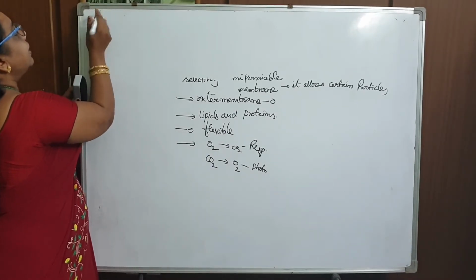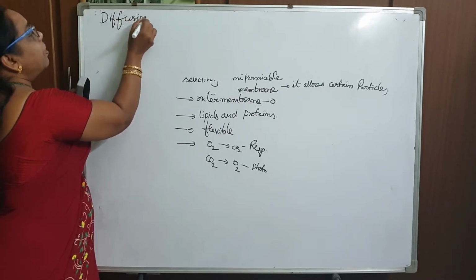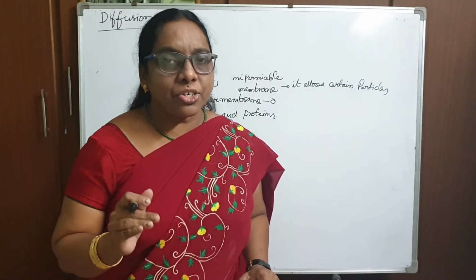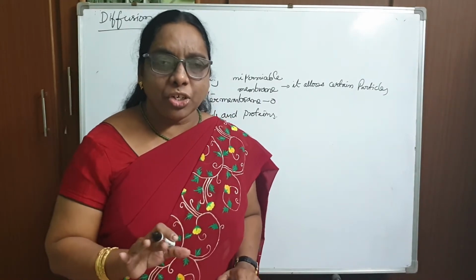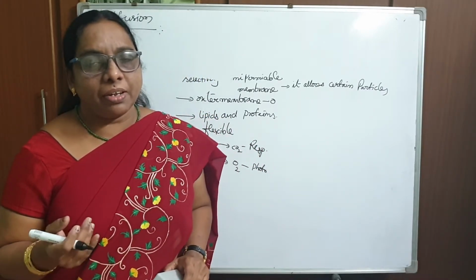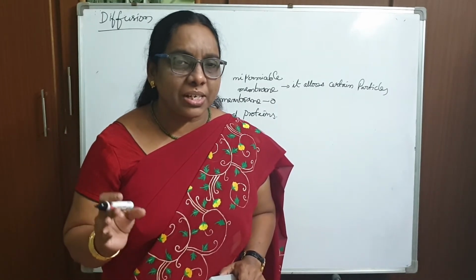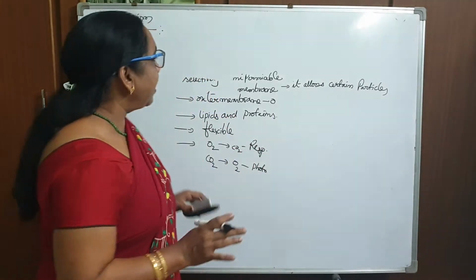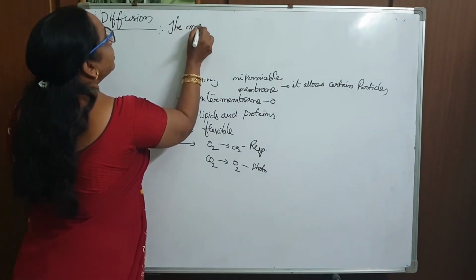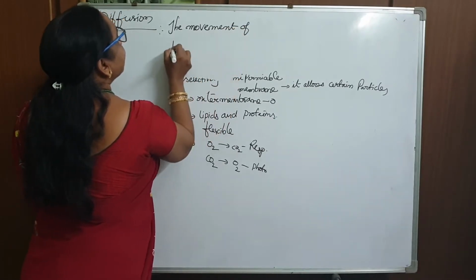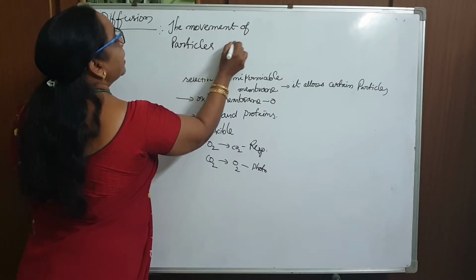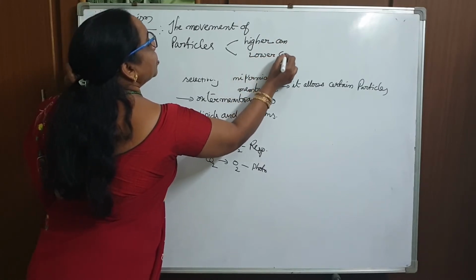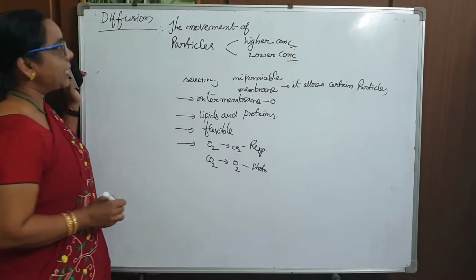The first process is diffusion. If anything needs to move, there is a process called diffusion. What does diffusion mean? It is the movement of particles from higher concentration to lower concentration. Particles will move from high to low. Don't think about the chemistry definitions of solvent, solute and solutions. In the biology class, just think about the water content, water solution and concentration levels. The movement of particles from higher concentration to lower concentration is called diffusion.